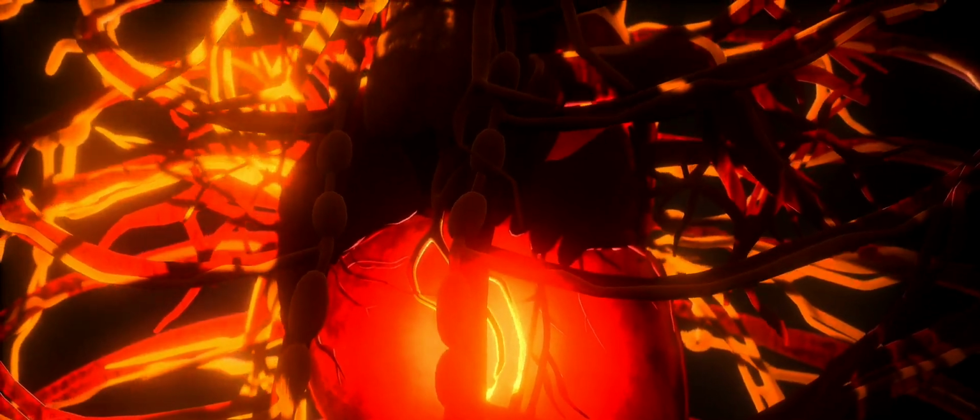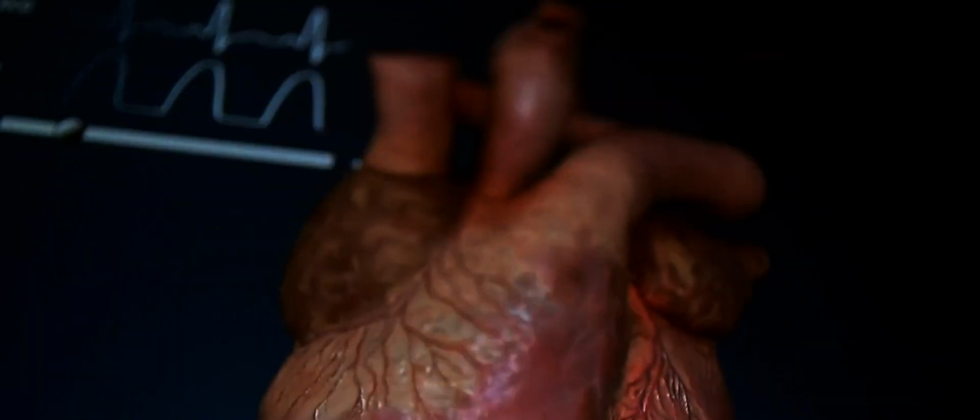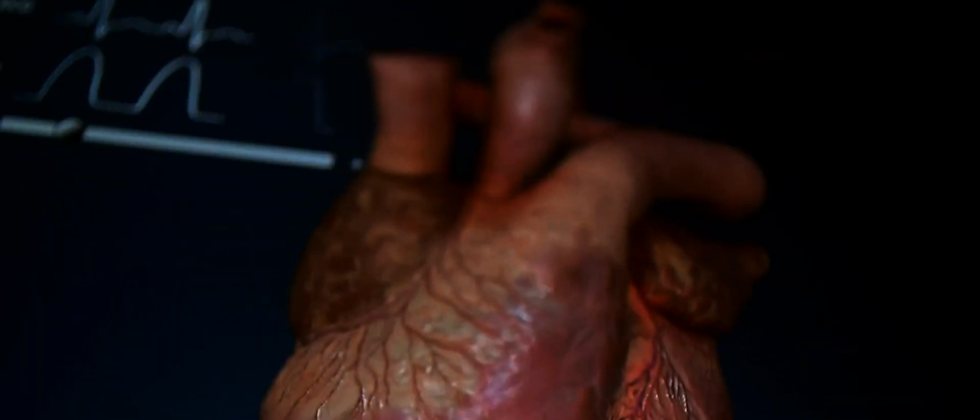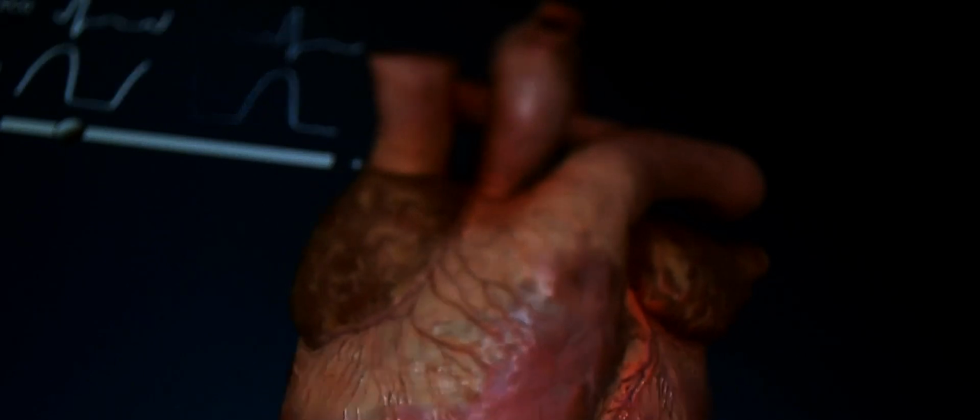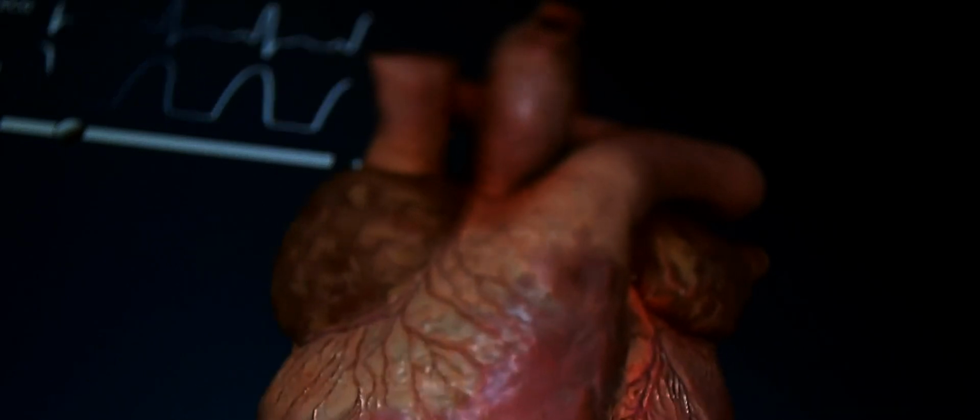The heart is a vital organ, and its muscles need a constant supply of oxygen-rich blood to function optimally. When this supply is interrupted, it can have severe consequences. In fact, if blood flow isn't restored quickly, that part of the heart muscle begins to die. It's a sobering thought, isn't it?